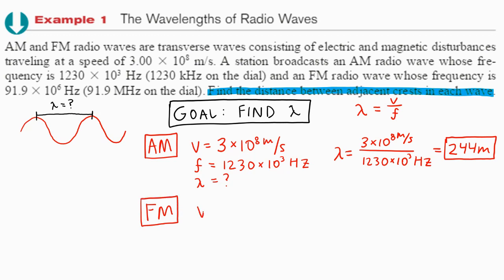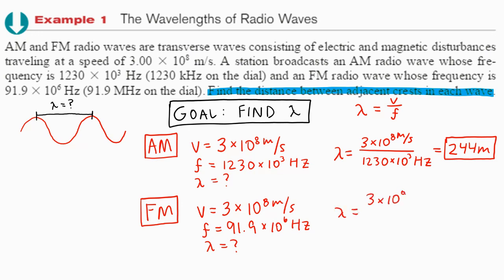And our work will be exactly the same. The only difference is the frequency. So it has the same speed since it's still just an electromagnetic wave, but the frequency is 91.9 times 10 to the 6th hertz. And we are looking for lambda. And we get,